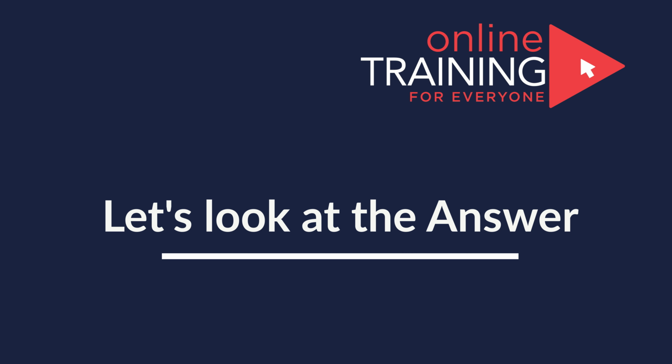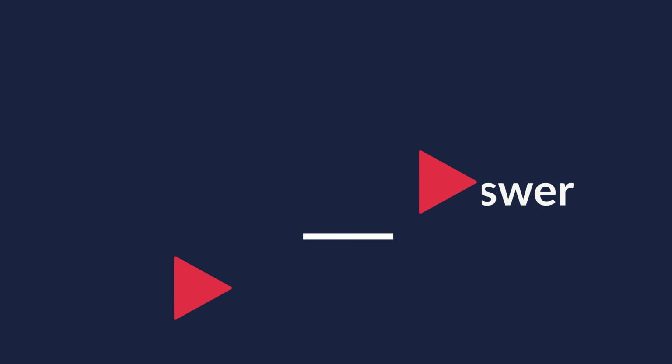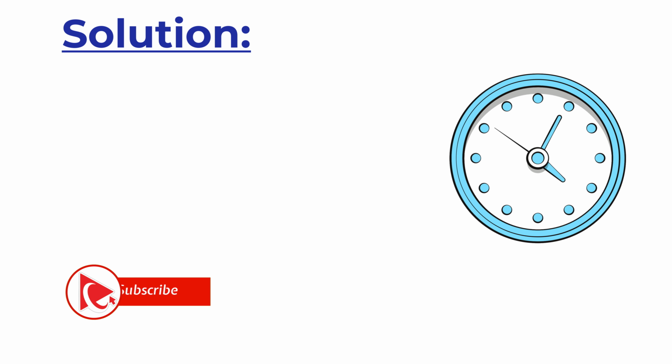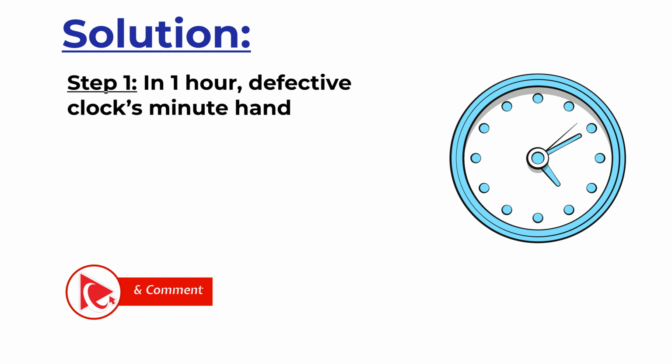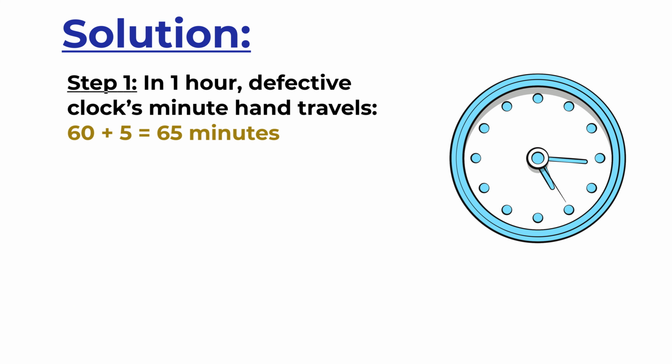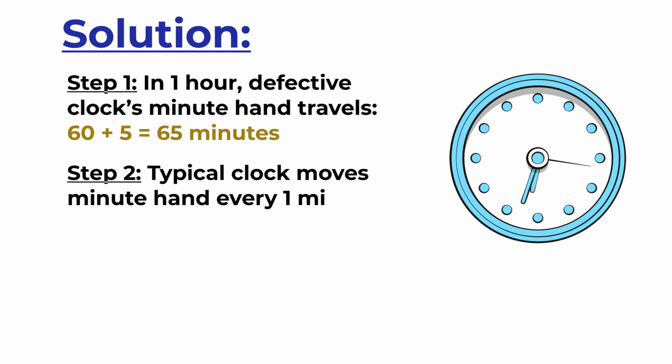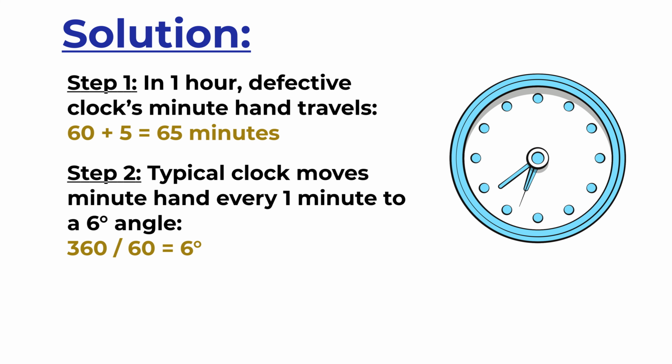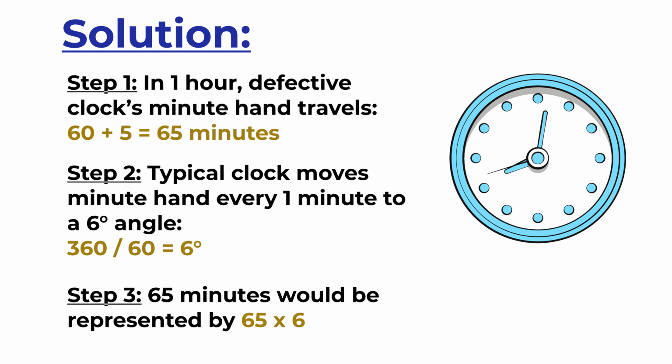To solve this challenge, we need to emphasize the fact that the defective clock gains 5 minutes every hour, which means that in 1 hour, the defective clock's minute hand travels 65 minutes, which is calculated as 60 minutes for 1 hour plus 5 extra minutes. A typical clock moves the minute hand every 1 minute, and it moves it a 6-degree angle, which is calculated as 360 degrees divided by 60 minutes, which equals 6 degrees. Which means that the 65-minute angle would be represented by 65 multiplied by 6, which would be equal to a 390-degree